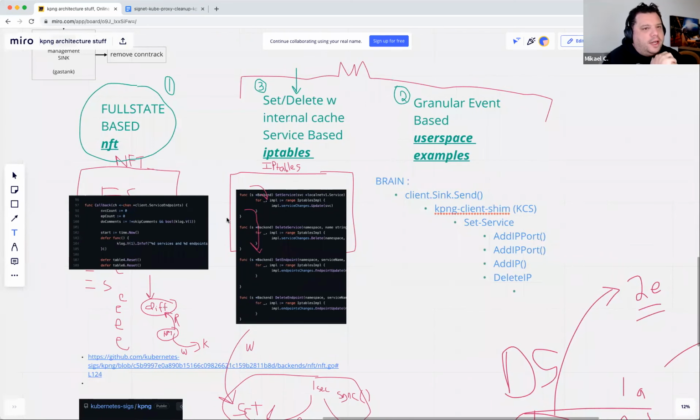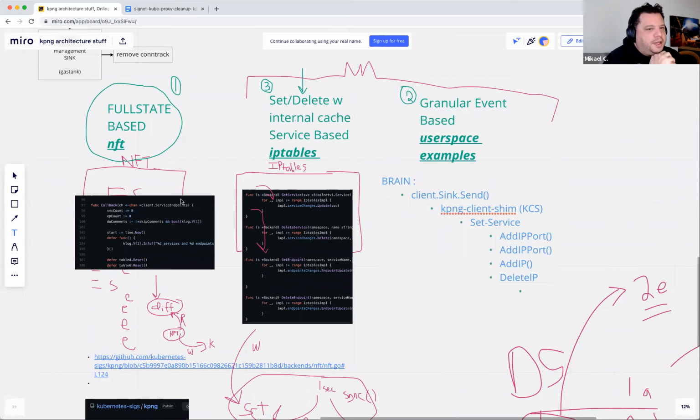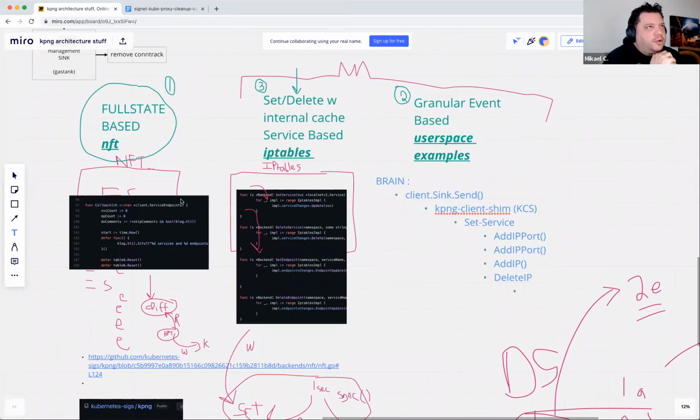Then you will have a diff for every object of your subsystem. So you're not trying to propagate events like set service or set endpoint or add IP port to changes in your subsystem. You actually compute the whole state of your subsystem again, and from there you know exactly what you need to do to sync your subsystem with the new wanted state.